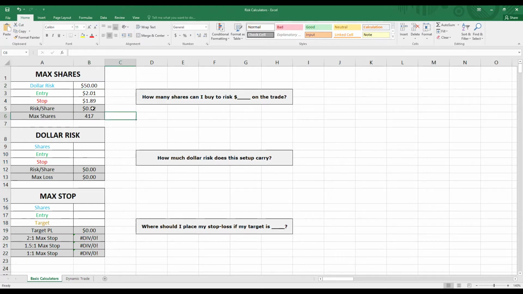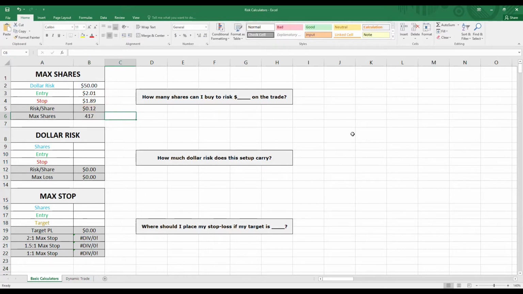So now that we've done an example, we'll take a look at what's actually happening in this calculator. And it's very simple on this one. For risk per share, it's not too complicated. It's entry minus stop. That'll give you the risk per share. And then once again, it's pretty simple in the max share size, which is just taking your total dollar risk amount and then dividing it by the risk per share, which in this case gives us a result of 417